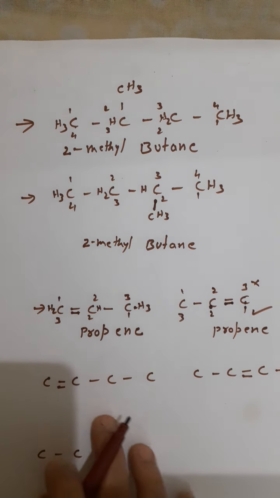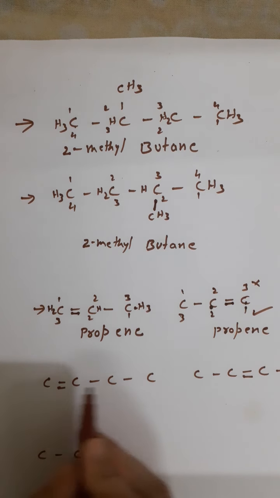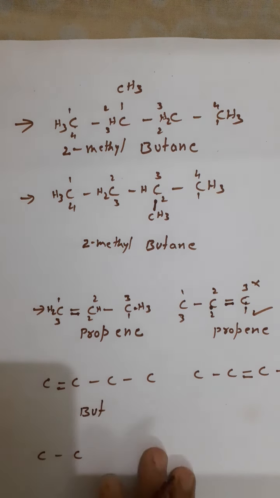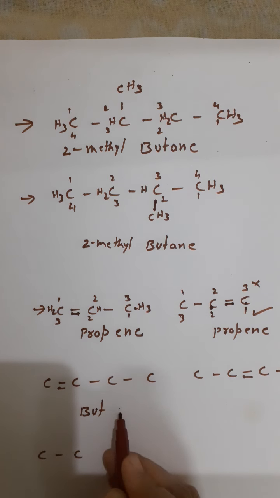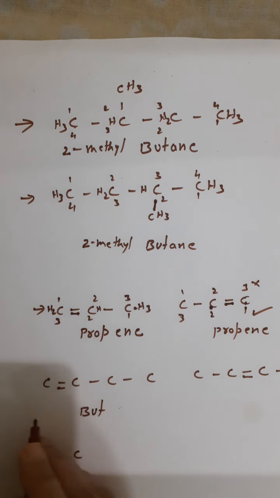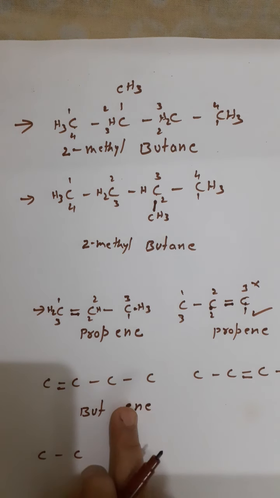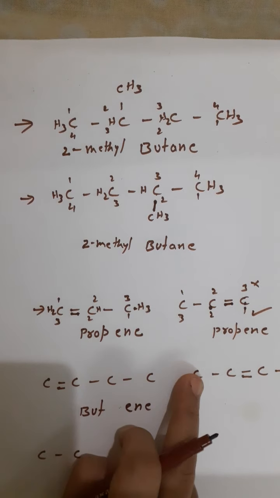Okay, children. Now let us see this one. The hydrocarbon with 4 carbons. So what is the root name? But. Fine. So now what is there? There is one double bond. So that means the suffix will not end as ane. Instead, the suffix will end as what? Ene. So butene. But then we have to identify the position.